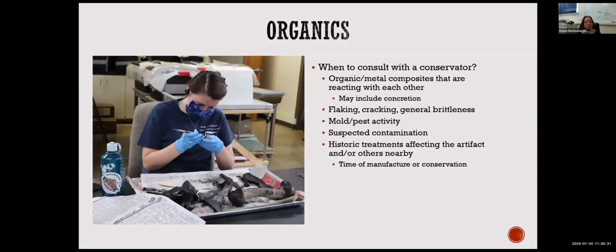Consult with the conservator if the artifact is a composite and the materials are reacting badly with each other. This can show up on the organic material as cracking near the non-organic material or as staining. You may also see areas of accretion, especially near things like iron fasteners. I would recommend talking to a conservator if there is significant cracking, flaking, general brittleness of either the artifact or